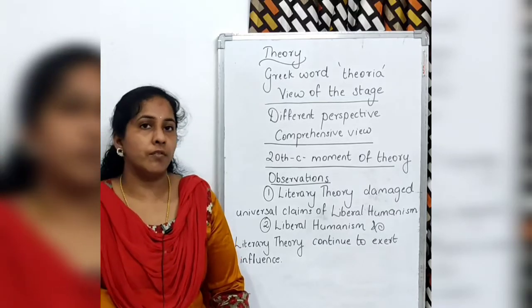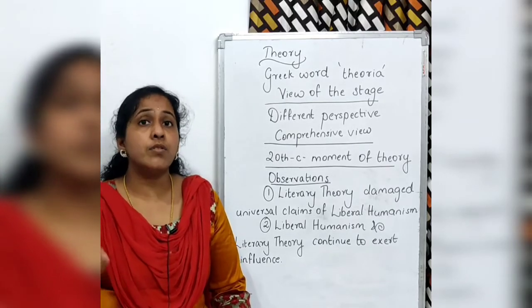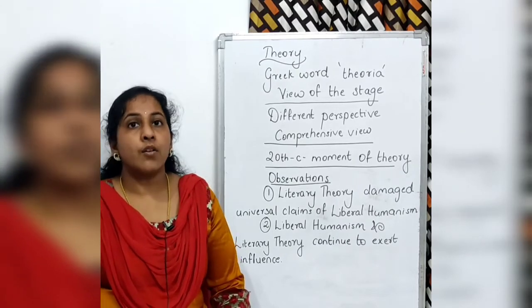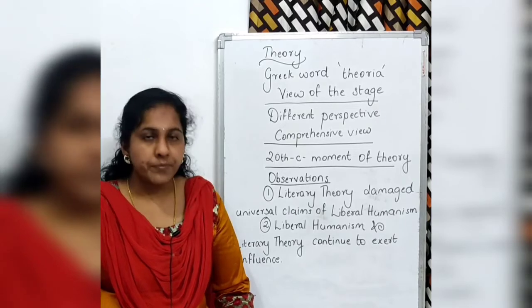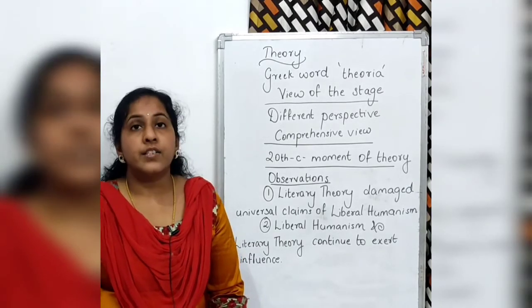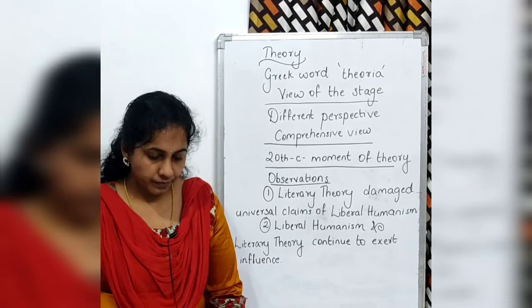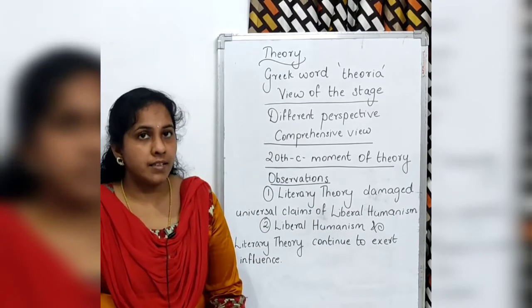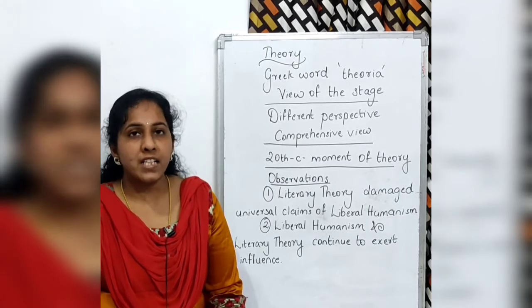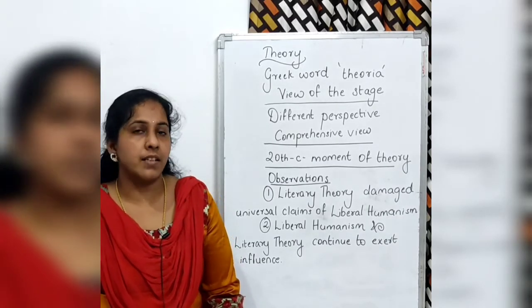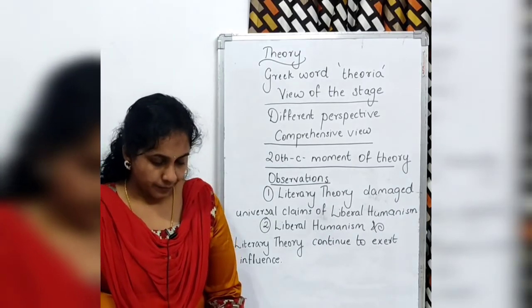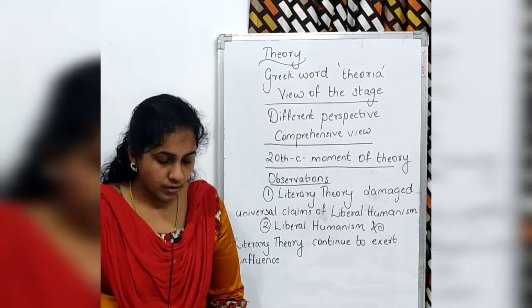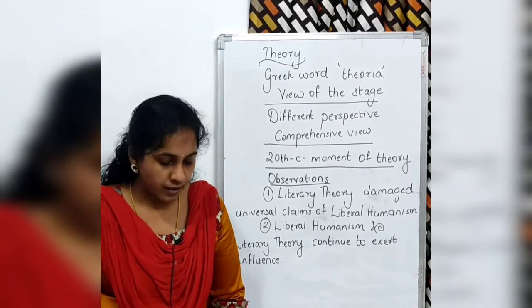What is a comprehensive view of literature? It means that it includes all the elements. It is inclusive of all the elements. That is what literary theories claim. These schools of literary theory were prevalent in the last century, meaning they were widespread or existed in the last century. The last century was the 20th century. Now it is the 21st century. From the year 2000, we are in the 21st century.